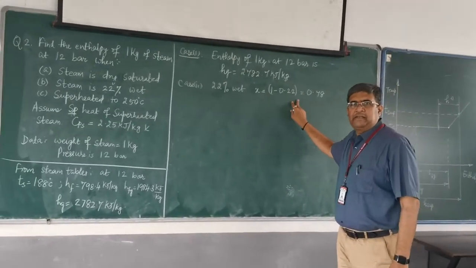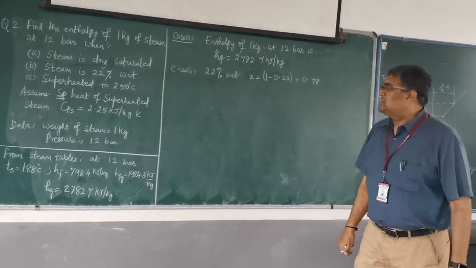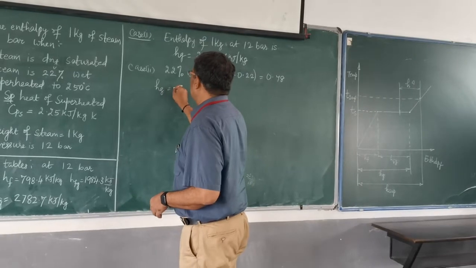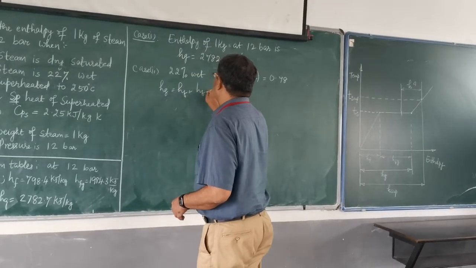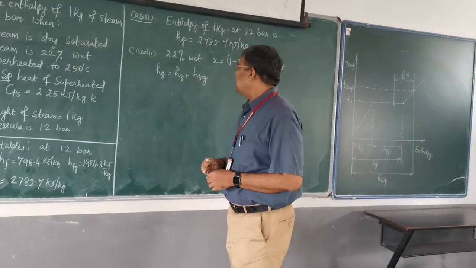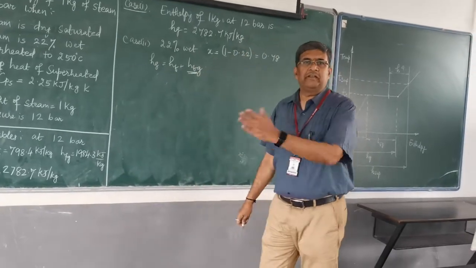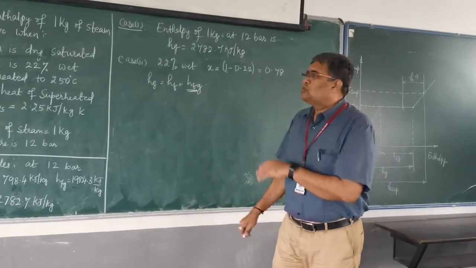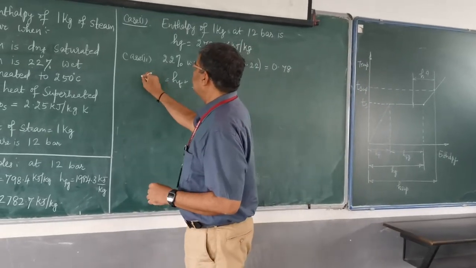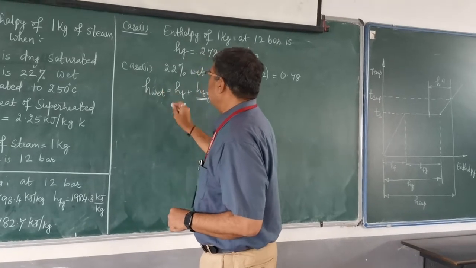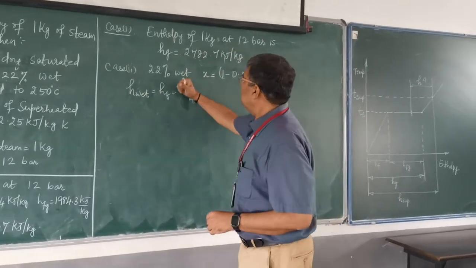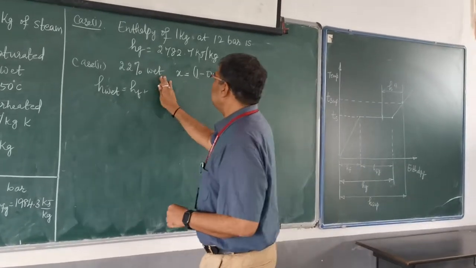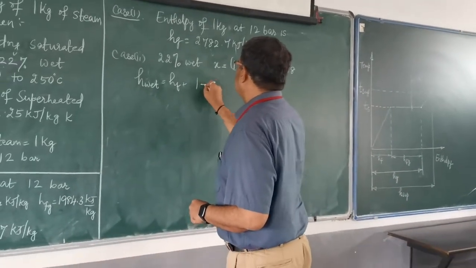So because it is wet steam, how do we find out the enthalpy? See, what is the value of hg? We would have written it as hg is equal to hf plus hfg. Directly we would have written it like this. But now this hfg, the value of x has not yet reached 1. So we can't write it like this. So we will write it as enthalpy of wet steam. hf will remain as it is. Instead of writing it as hfg, we will write it as 1 minus x